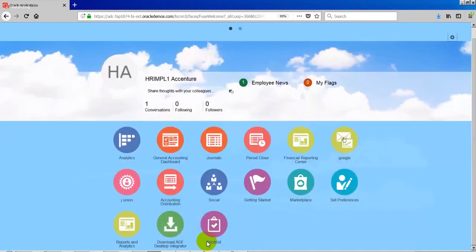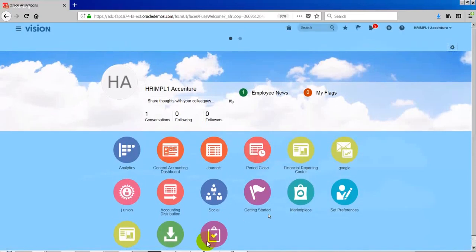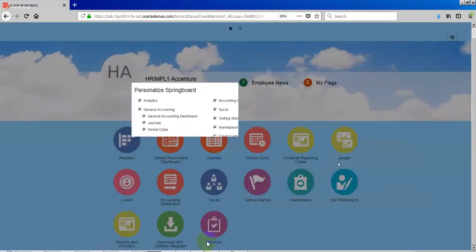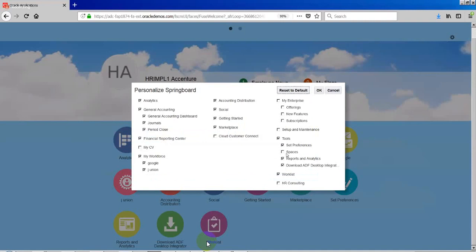So where are the tools then? Okay, so it came out actually. It doesn't have the scheduled processes. So let me log out.